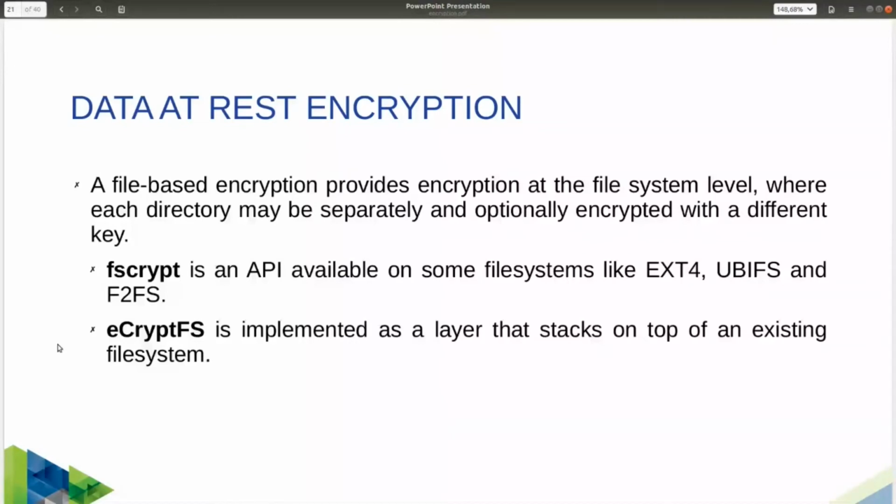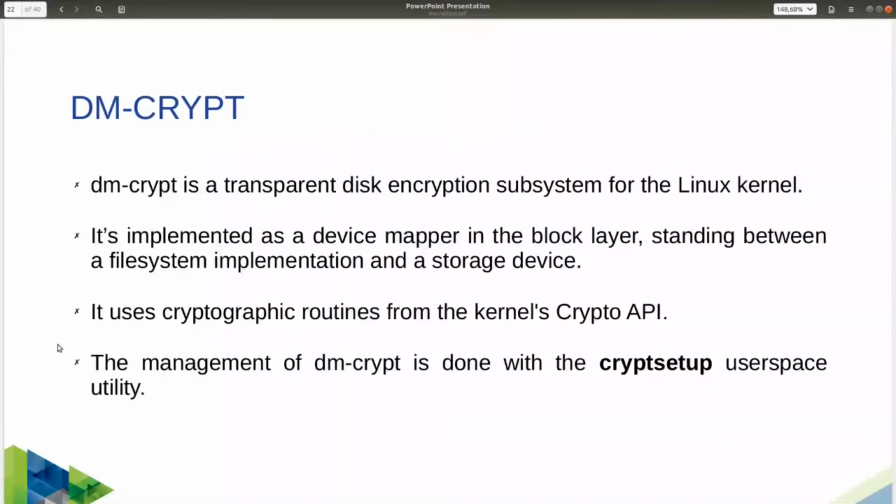But before that, DMCrypt. DMCrypt is a device mapper from the Linux kernel. So, as I mentioned, it works on top of the block device and below the file system layer. So every access to a block device will go through DMCrypt, which will do encryption and decryption at runtime. That's basically the idea. It will use the kernel crypto API, and there are a few user space tools that you can use to configure it. We're going to see how this works